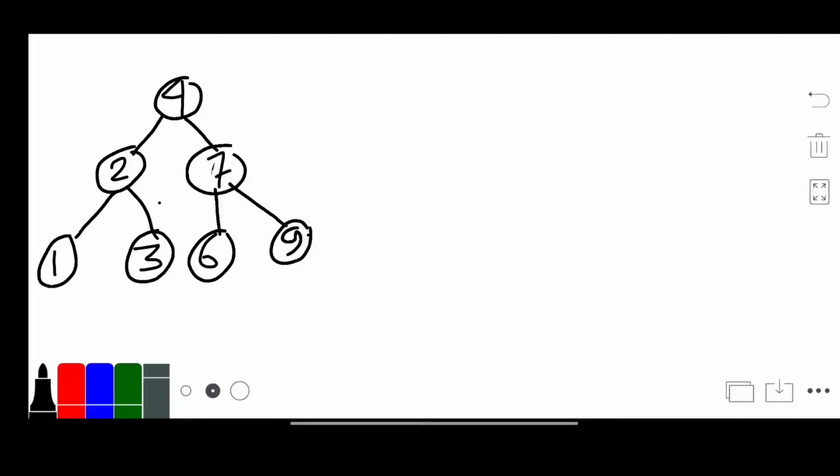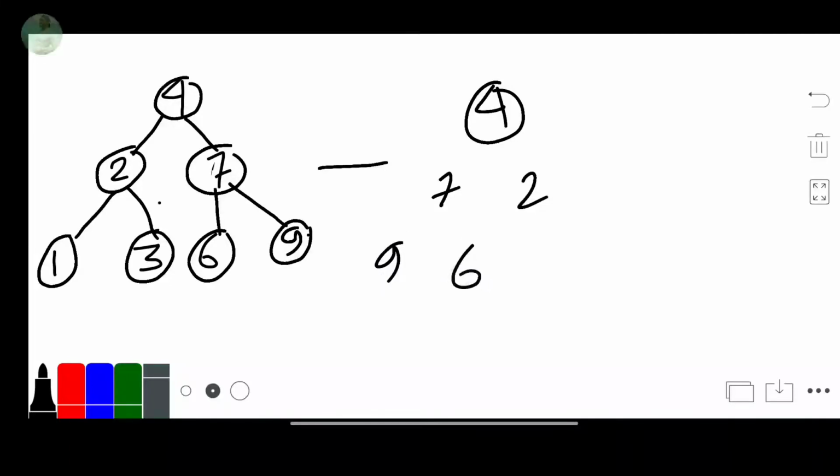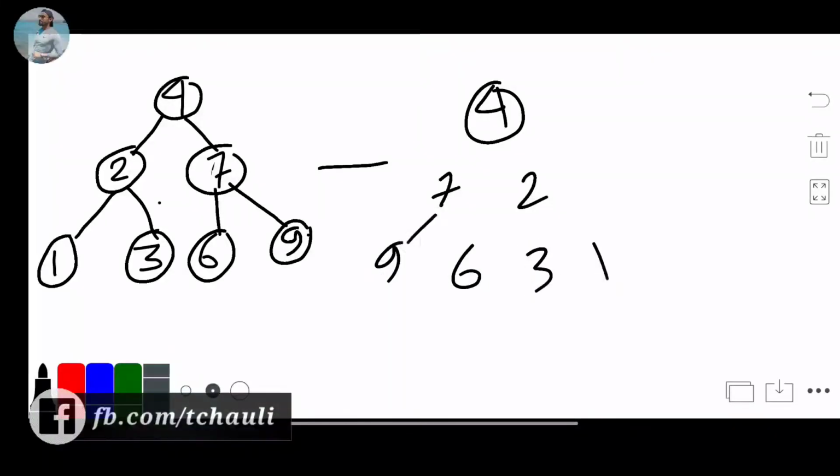After inverting this binary tree, it looks like 4, 7, 2, 9, 6, 3, 1.